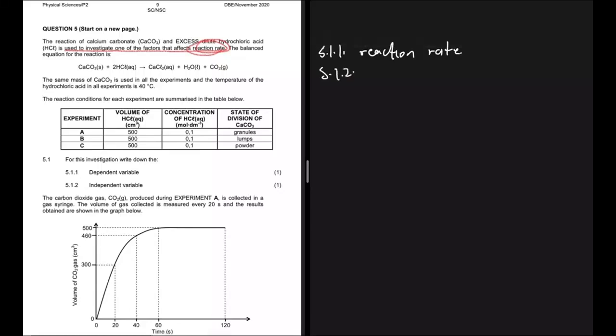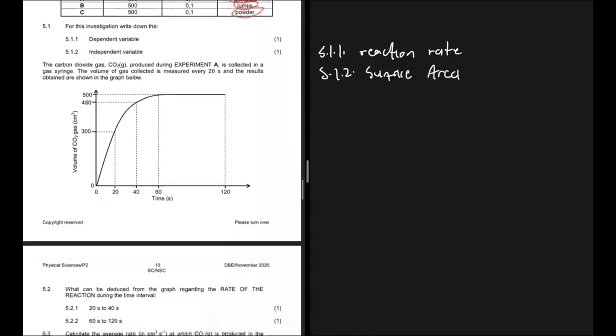And then 5.1.2 says what is the independent variable. So the independent variable is more like, what are we changing to investigate that which we're investigating? If you look at our table, in experiment A, we used granules of calcium carbonate, and for experiment B we used lumps, and for experiment C we used a powder. So the independent variable here is the surface area, because it's what we're changing to determine its effect on reaction